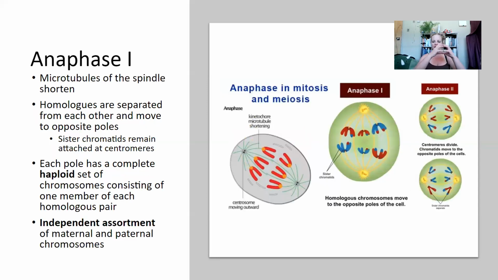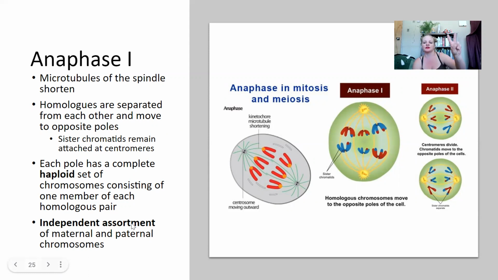All right, so now anaphase. Those microtubules on the spindle fibers are going to shorten, and that's going to pull the cells apart into anaphase. The homologous chromosomes are pulled to either end, so that's what we're seeing here. Now, we are now haploid. Now we're seeing that separation of our 2 chromosomes. Okay, now these are doubled, right? Because they have their sister chromatids. That's different from homologous chromosomes.